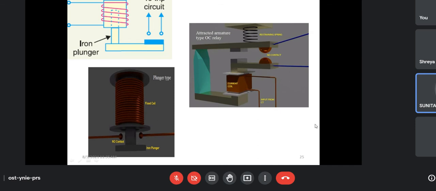Whenever we find the criteria, we take the verge condition, on the verge of operation, where the restraining torque is equal to the operating torque, right? And one more thing, this is the simple type of relay where only one torque is developed due to this current. Sometimes it may happen that two types of torque are developed, but still a spring is used there to keep the moving portion at a fixed position. So in that case, the restraining torque is developed by some other means.